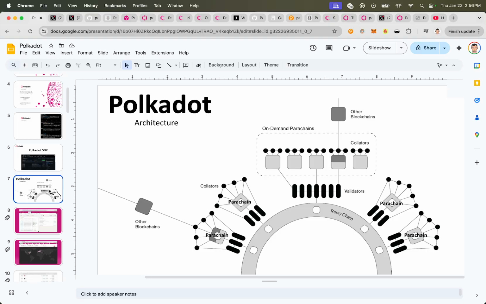So what you can see here, this ring here, this is what we've been looking at. This is the relay chain, right? And on this relay chain, you can see the parachains around it. So each one of these is a parachain, right? Let's see how many parachains there are on Polkadot